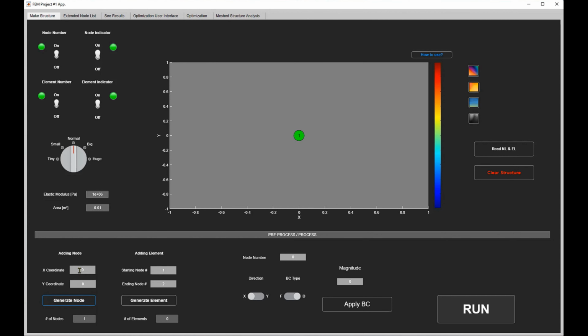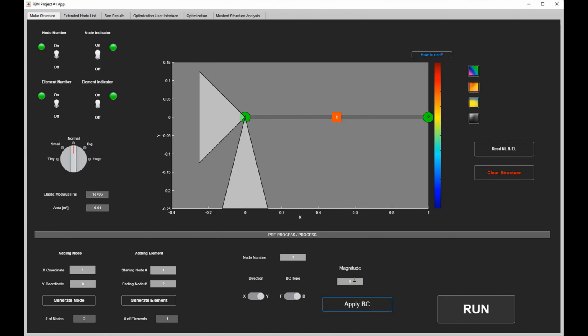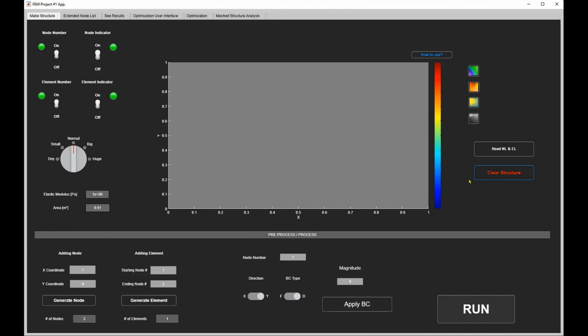Here we can add nodes and connect nodes with elements, and the user can also assign boundary conditions from there. For example, we can fix node 1 in the x direction like that and in the y direction like that. Magnitude 0 for displacement means fixing, and by clicking the clear structure button we can clear the visual and also all